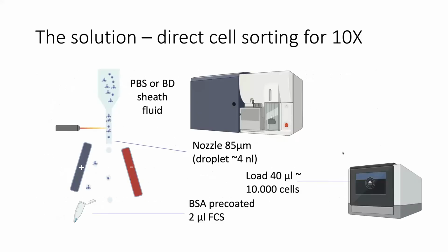So when we started using our 10x machine a couple of years ago, we thought a lot about this, and we realized that we needed to be able to start analysis more rapidly, without spinning down cells. What we realized was that if we were using our FACS-ARIA sorter, the droplet size, when we used a nozzle of 85, which is a good nozzle for lymphocytes, is in the order of 4 nanoliters. That meant that approximately 40 microliters would contain 10,000 cells. And with a little bit of cell death, you load in the order of 7,000 to 8,000 cells in a typical